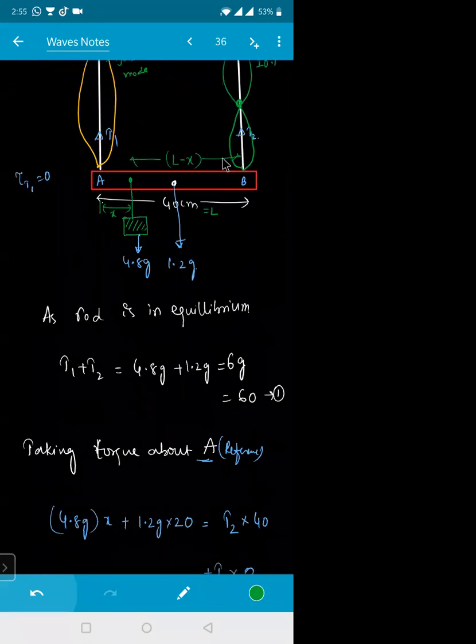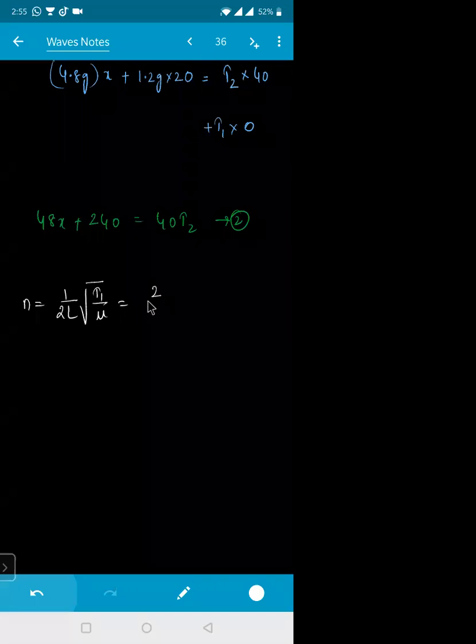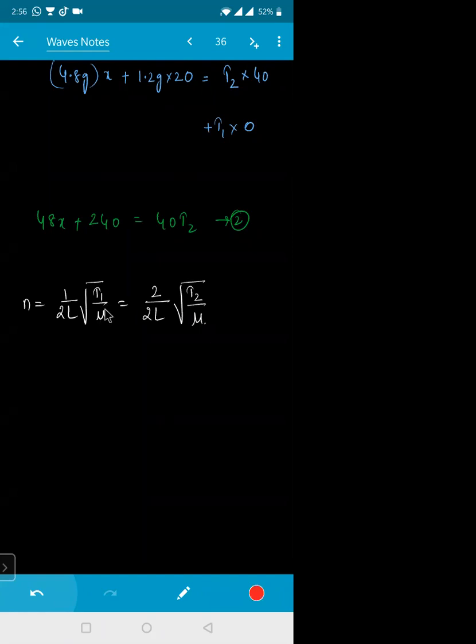Yes, sir. Now see, the frequency of this one is how much? Fundamental n is equal to 1 by 2l into under root of T1 divided by mu, which must be equal to the first overtone, that is the second harmonic, 2 times 1 by 2l under root of T2 divided by mu. Anything getting cancelled in this one? This mu gets cancelled, this l gets cancelled, this 2 will get cancelled. So this will become for me how much, beta? Root of T1 is equal to 2 times root of T2.